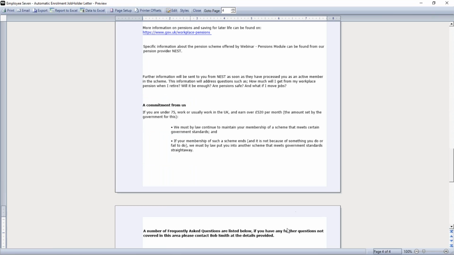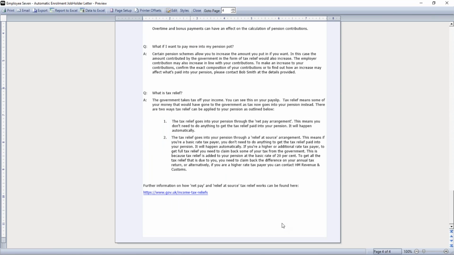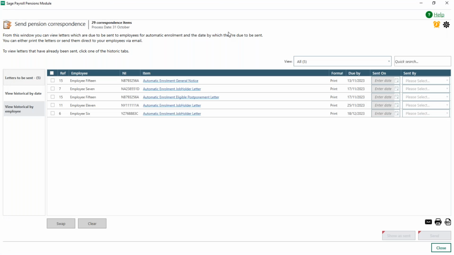So a few FAQs as well are available. These letters were created based on the letter templates from the Pensions Regulator. So that's just a preview. When it comes to actually printing these letters or emailing them, if you've set up email documents in Payroll,